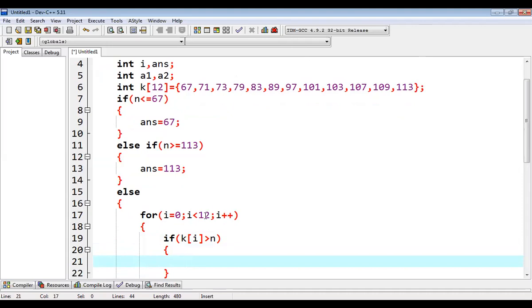If 79 is greater than 77, then we have to take the action. Then we'll be calculating the first distance.